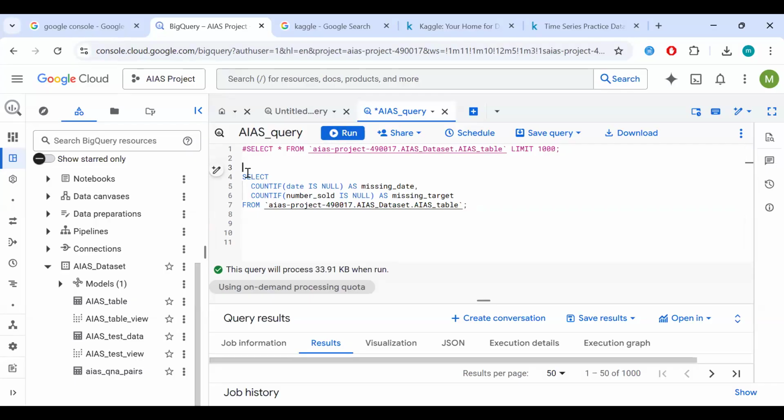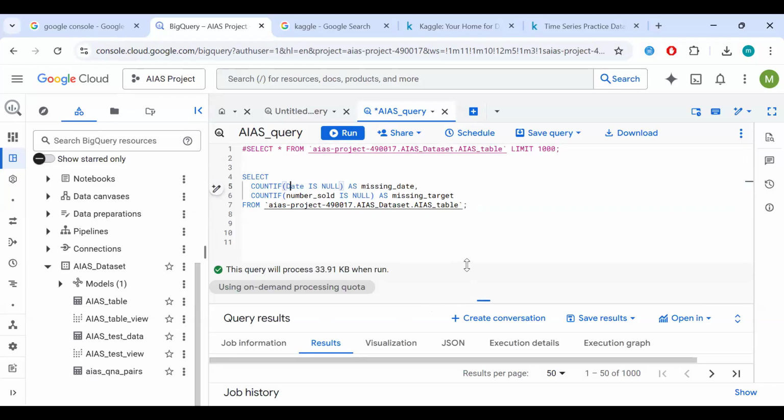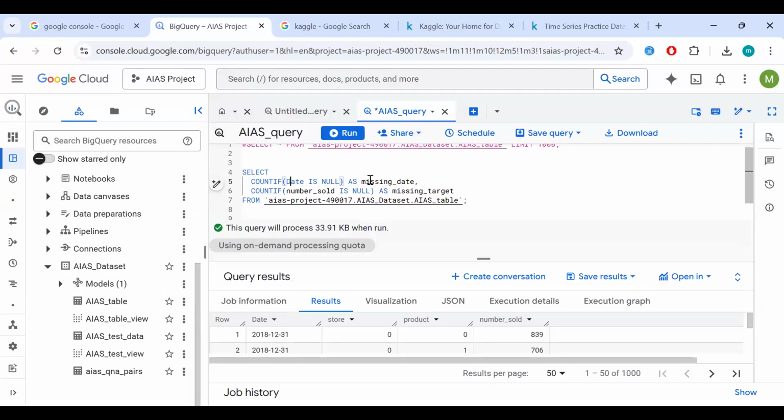So let's run this SQL. So this is just saying select from our table, right? And count the date. Right, so that's our dates column that we see here. So count this dates column, right, and check if any of it is null. And if any of it is null, return it as a column called missing dates, right? And then you should also count if our column number sold is null.